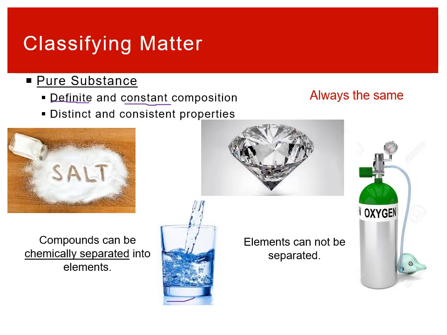Similarly, substances have distinct and consistent properties. Consistent, again, means that the properties of water, the aspects of a sample of water, are always the same. It doesn't matter if you make that water in Baytown, or you make it in Paris, or in Australia, or on the moon. It is always going to have the same properties and respond in the same way to its environment.